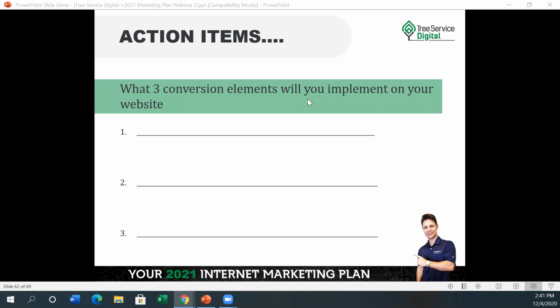So here are some action items that you want to do. What are the 3 conversion elements you will implement on your website? We looked at the website and what it needs on there. This is just an opportunity for you to write down what it is that you maybe need on your website that's not there already today. So it could be, I need to put a click to call button on my website when it's on mobile view,